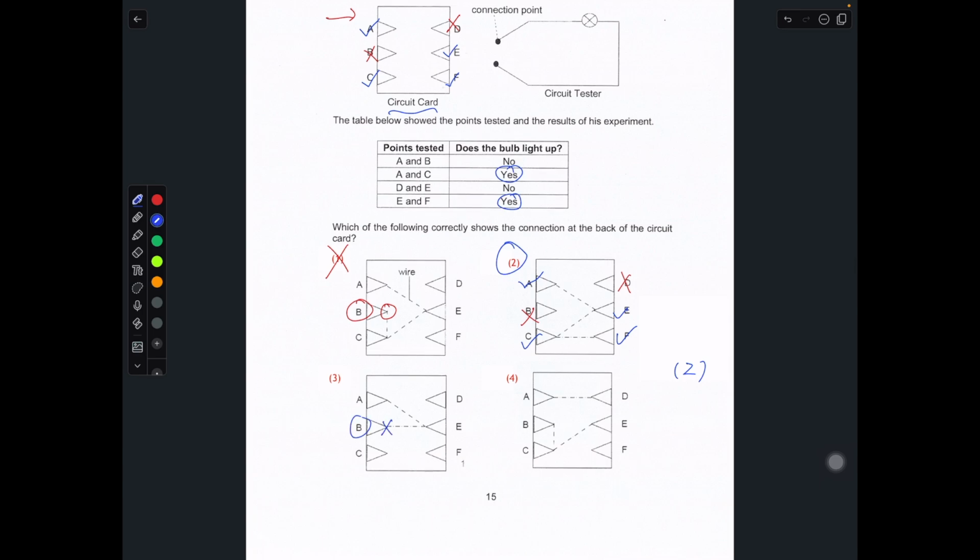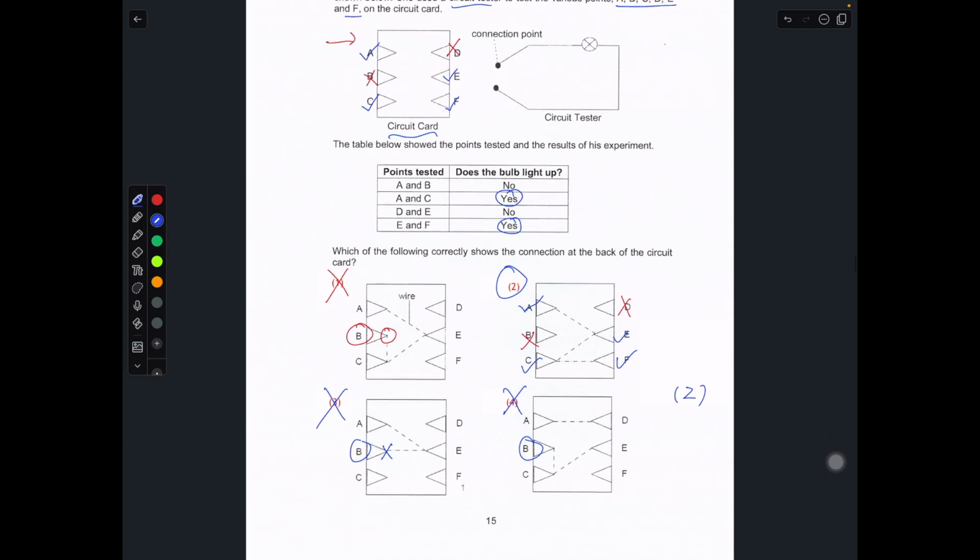B, there's a wire, which should not be the case, so 3 is wrong. B, there's a wire, which should not be the case, so 4 is wrong. So over here the answer is number 2. Okay,